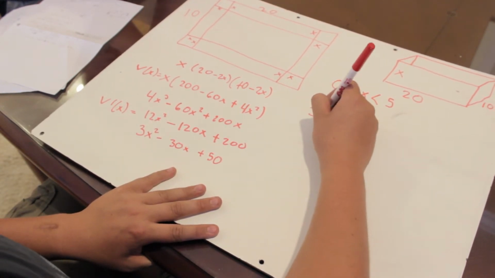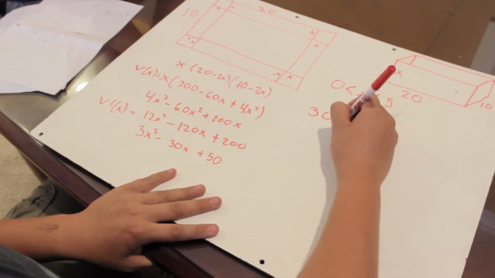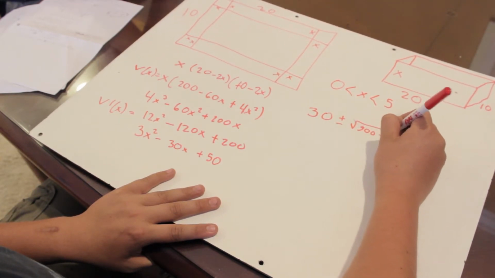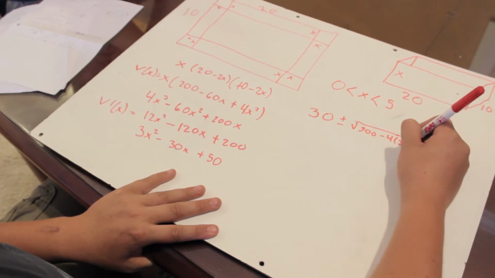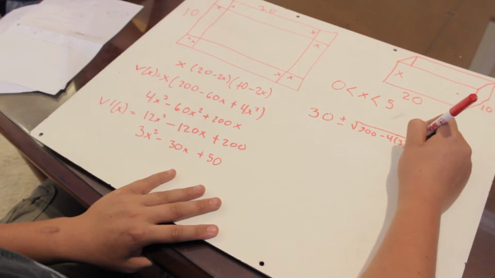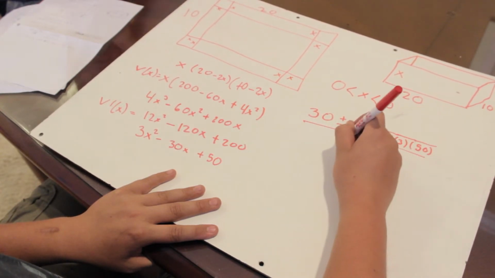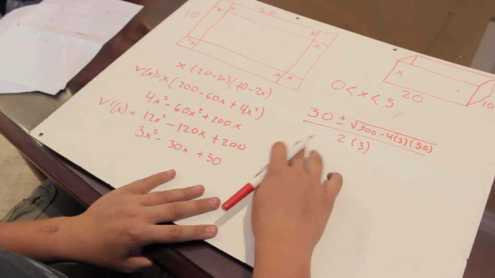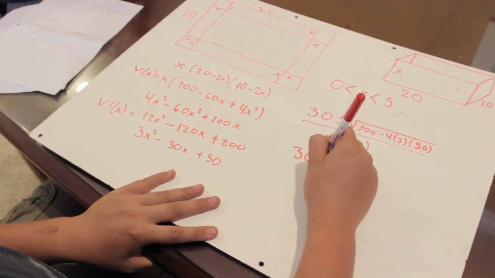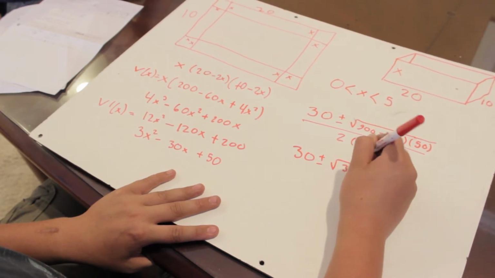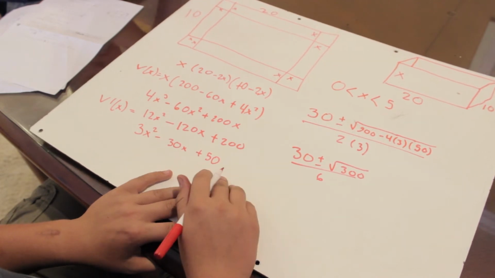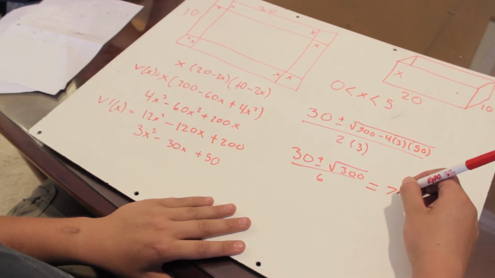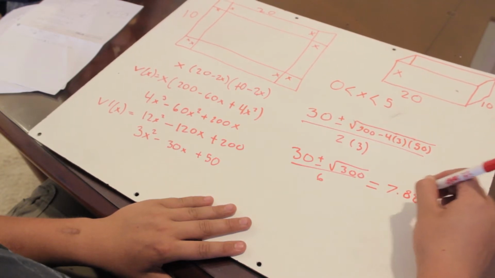And so we have 30, which is b, right here. 30 plus or minus the square root of b squared, which is 900, minus 4 times a times c, which is 3 and 50. So we have this all over 2 times a, a being 3. And so if we simplify this, we can find that it's 30 plus or minus the square root of 300 all over 6. And once we plug it into the calculator, we find that this is equal to 7.887 and